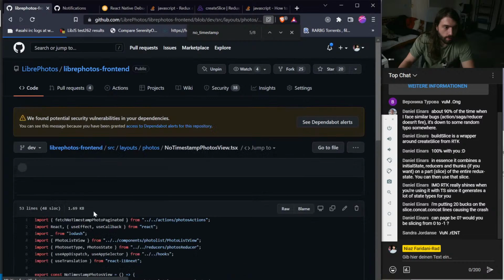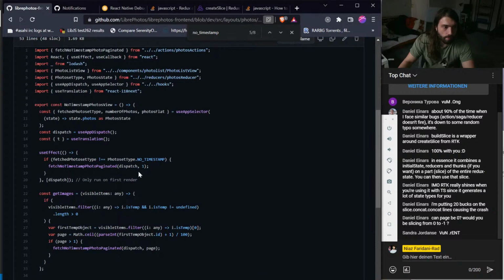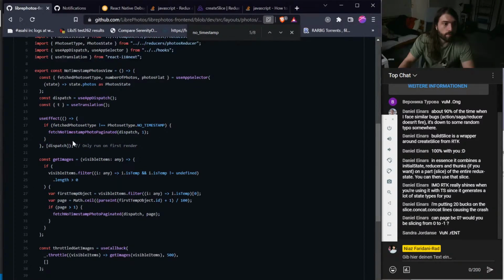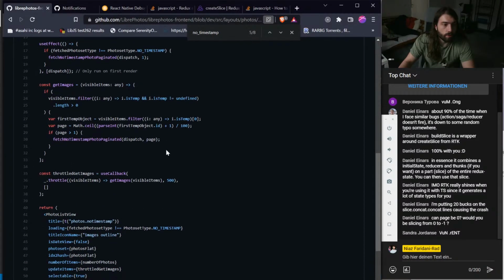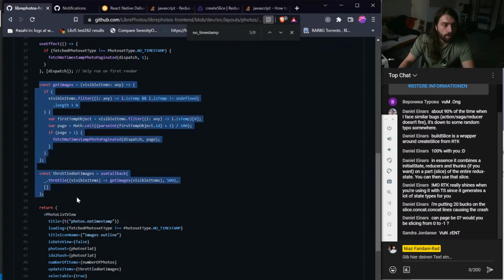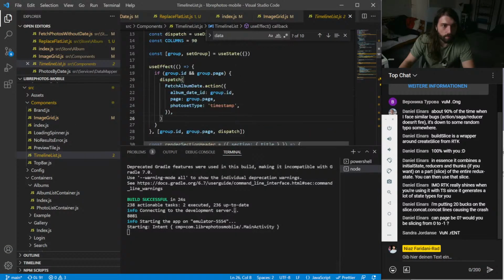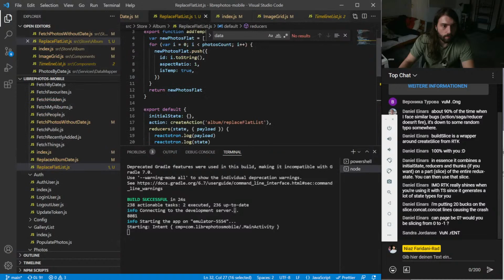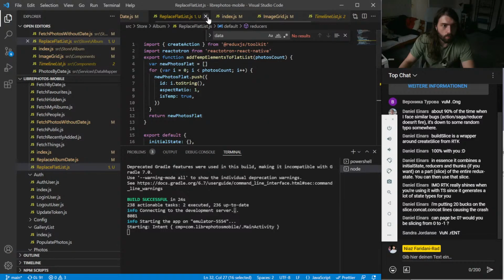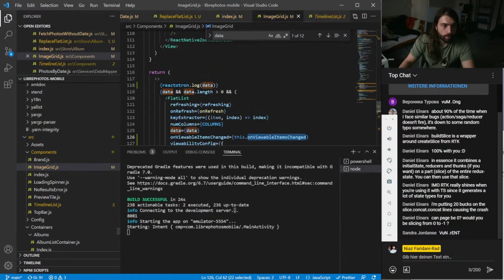In no timestamp photo view, we have this thing. So fetch if we don't have any images, or do that. Let's go in here. No image width.